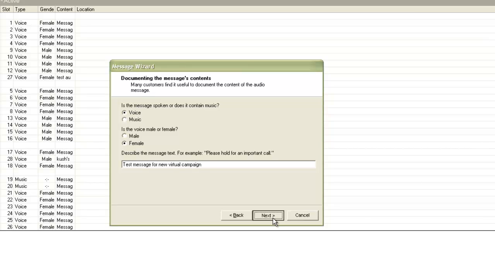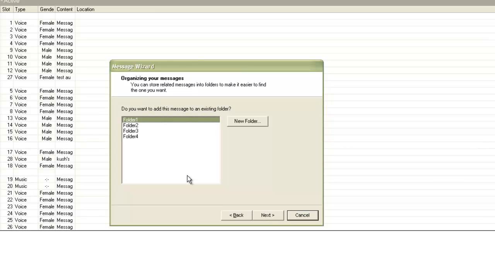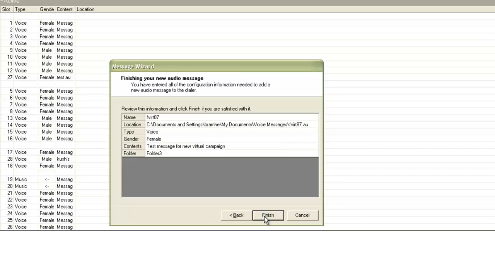Then I click next, and then I choose the folder in which I would like to place this message. I can choose one of these or I can create a new one. I'll put my message in folder 3 because currently folder 3 has virtual messages and the message that I have recorded is a virtual message. I'll click next and finish.